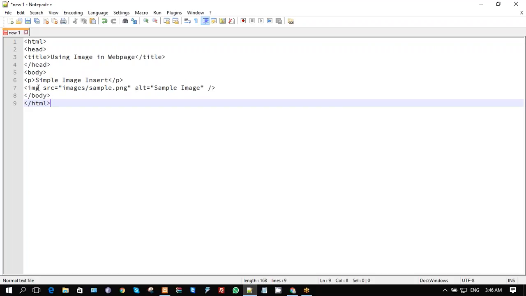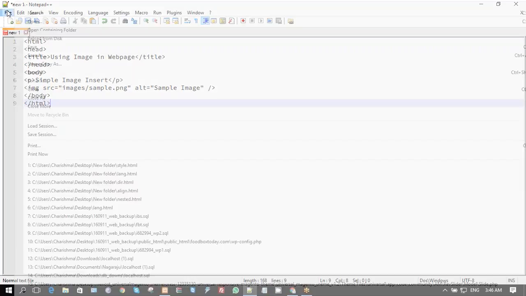Image. So look at this code, image src is equal to images/sample.png. That means this sample.png file is located in the images folder, and alt is "sample image". That's how we are naming that image, and we are closing the body here and closing the HTML here. So the image tag has no closing tag, so it closes itself inside. So pretty simple. So we need to save the file,